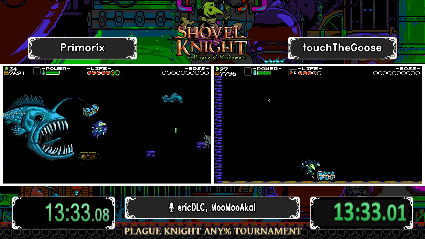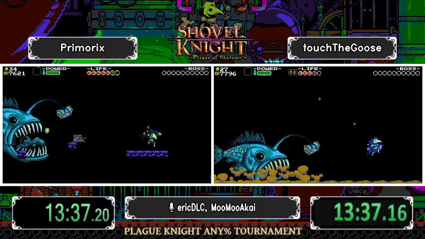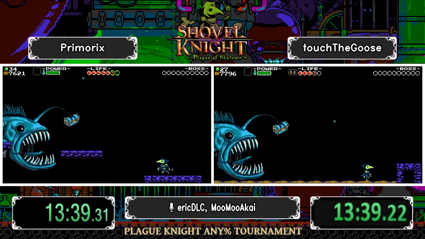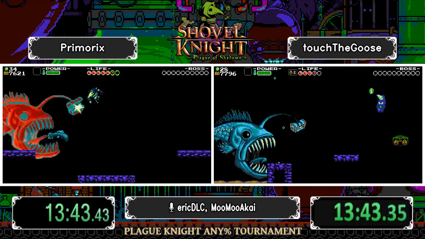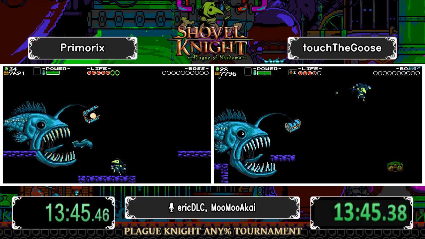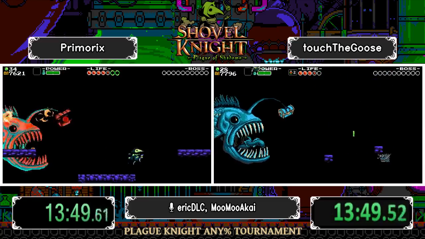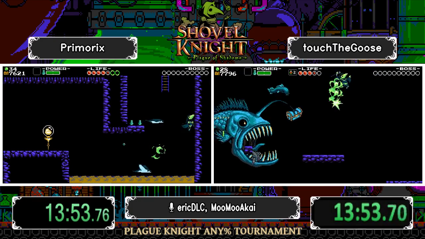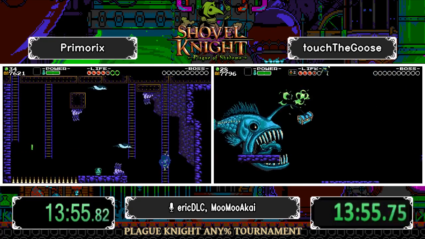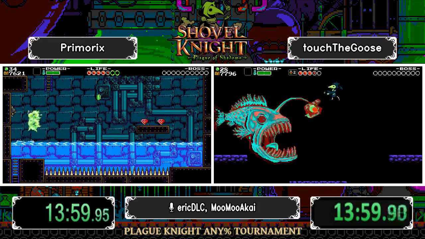Oh no, unfortunately, I just saw it on the restream. touchTheGoose actually missed the tentacle room. Ooh. So when you're falling into that room, you want to try and lob bombs to remove the tentacles before they fully extend. But now they're stuck fighting 420. Primorix did a pretty good job there. 420 likes to get really, really high. It's kind of irritating. 420 can also move side to side a lot, which makes it hard to aim your bombs. touchTheGoose is kind of...